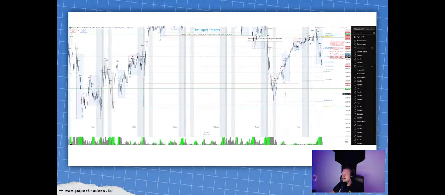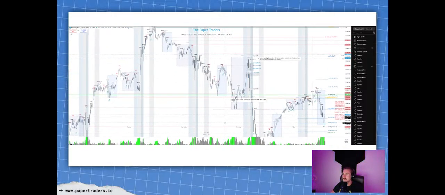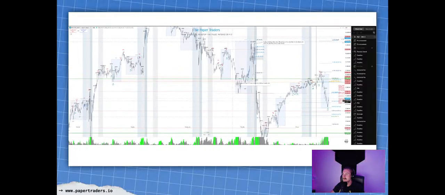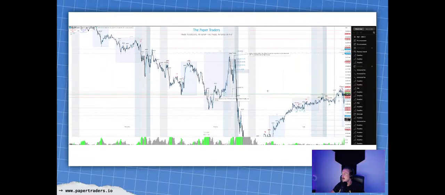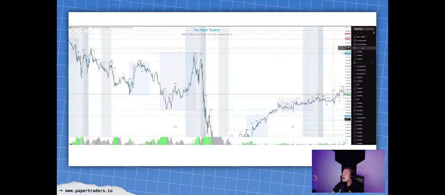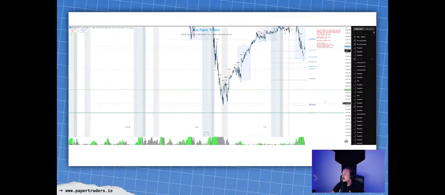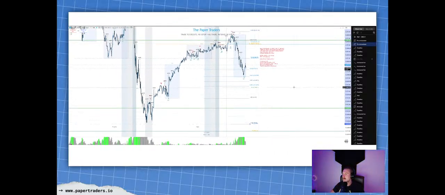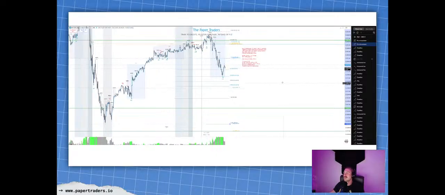Sweeping pretty close to that previous daily low. We did sweep the previous daily low, but we didn't do anything else besides that. So there's Thursday, and Friday was a half day, so we didn't do anything. Friday was just a consolidation. Right now, what are we looking at? We have the previous day's range outlined here.